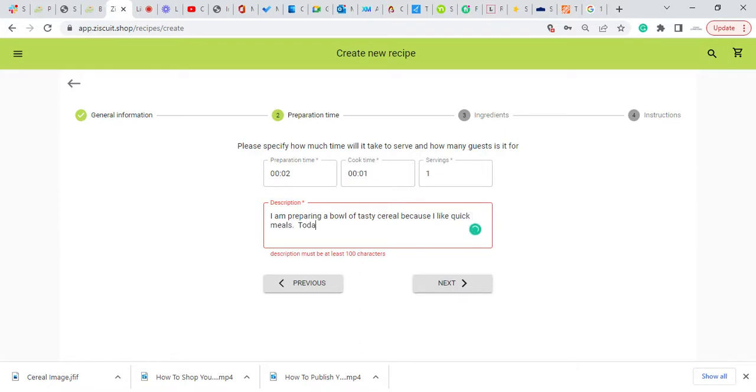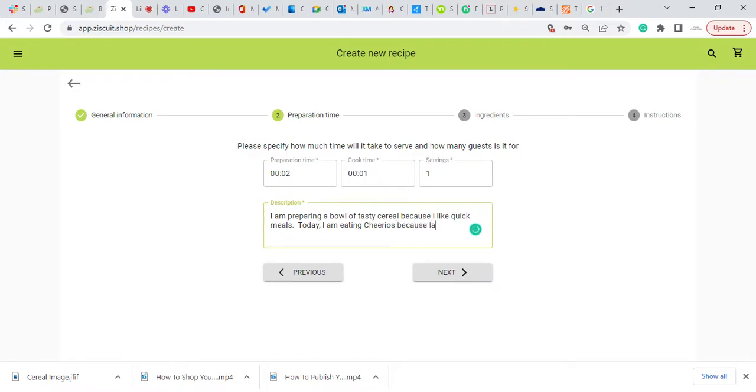Today, I am eating Cheerios because I want to be heart healthy. How about that? So once you clear the 100 character minimum, you'll see the box give you the okay, and